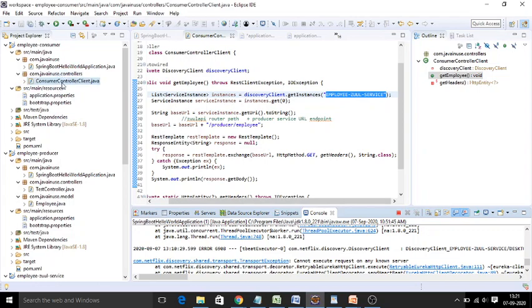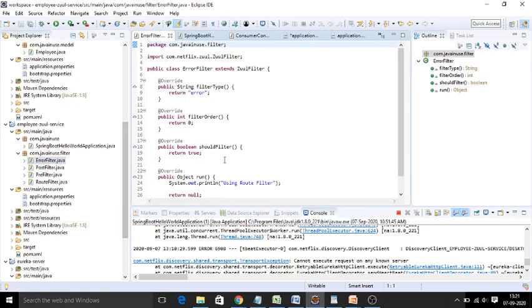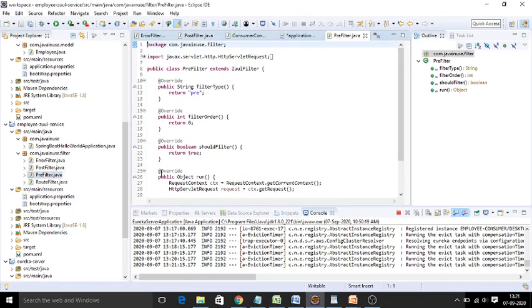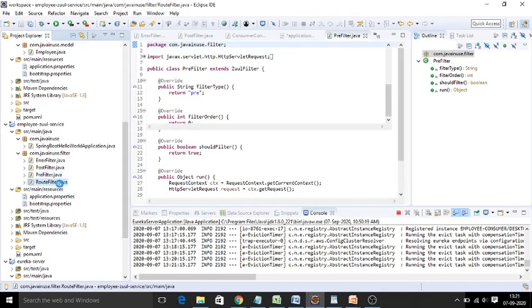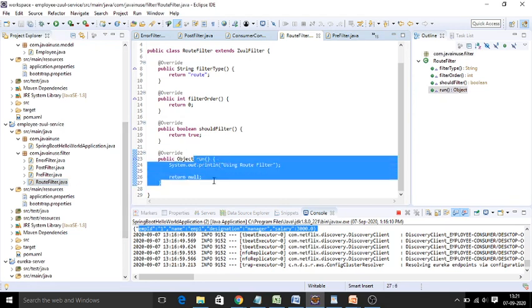Now you have configured multiple proxy filters here. The Zuul filter is provided with certain pre and post processing logics. So you have got a post filter, you have got a pre filter where you can provide logic. The actual execution goes into your run method.